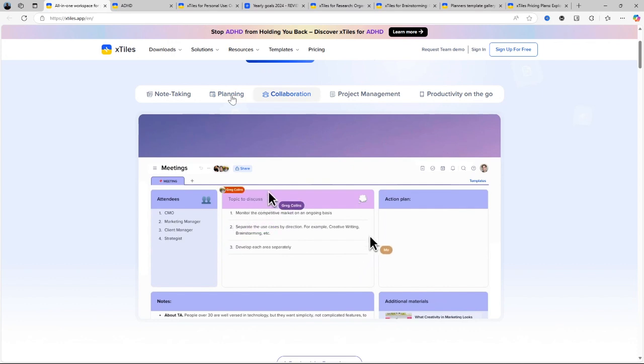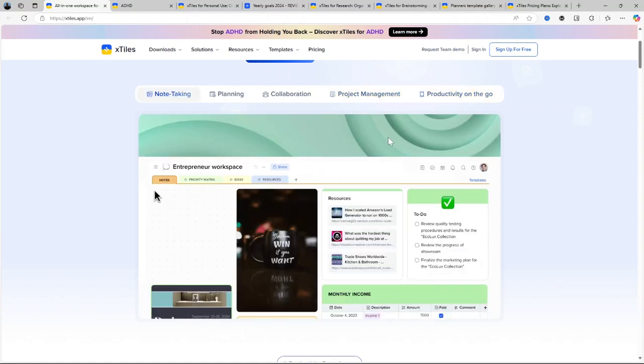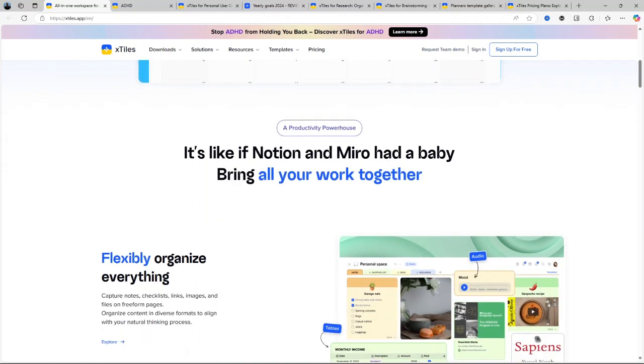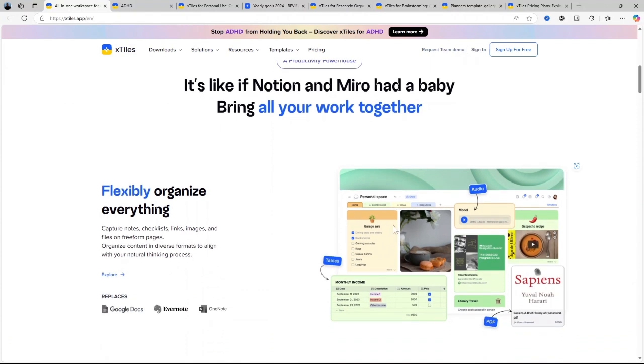Why is xTiles gaining popularity, and what exactly is xTiles used for? xTiles is a versatile productivity tool that combines elements of note-taking, project planning, and visual organization into one platform. Unlike standard to-do list apps or project management tools, xTiles focuses heavily on spatial organization, meaning you can lay out your ideas and tasks in a flexible, visual format that helps you see the big picture of whatever you're working